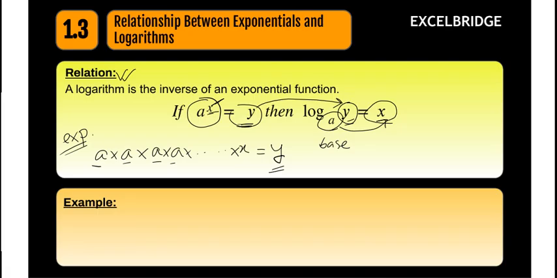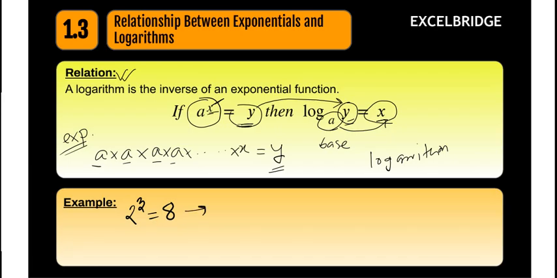Okay, so these two topics, exponential and logarithm, we can define both as inverses. A logarithm is the inverse of an exponential, and oppositely, we can say the exponential function is the inverse of a logarithmic function. Okay, for example, we can say 2 power 3 equals 8,